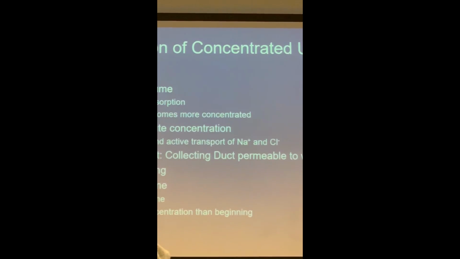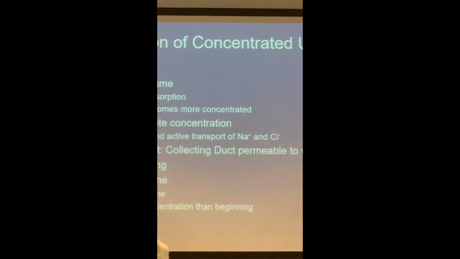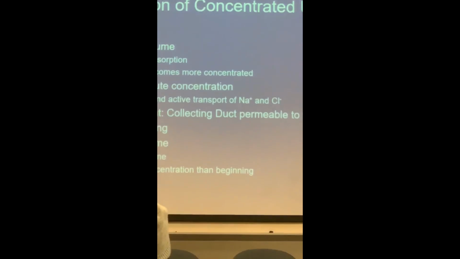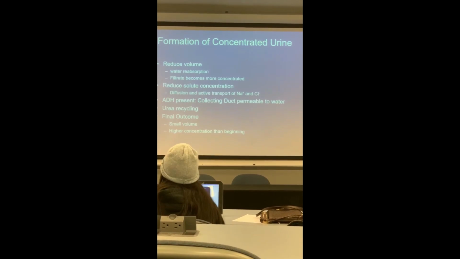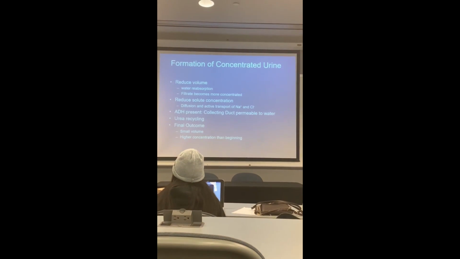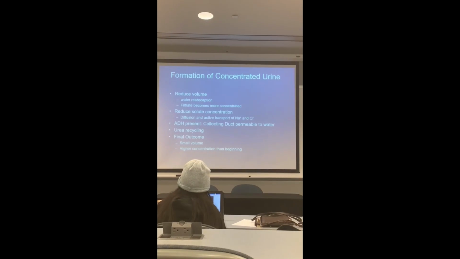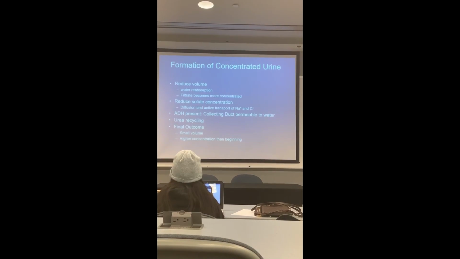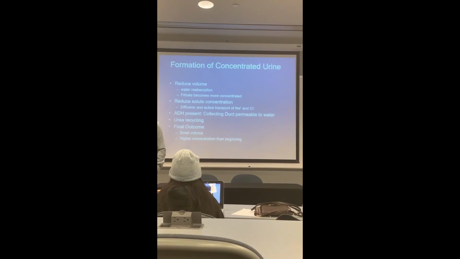So to summarize the formation of concentrated urine, again, nothing changes initially. Proximal tube is the same. Descending limb is the same. Reduce the water volume, water reabsorption, filtrate becomes more concentrated. Ascending limb is more or less the same. We have initially diffusion and active transport of sodium chloride. Now the difference is the ADH is present. The collecting duct is permeable to water. So as the filtrate passes once again through